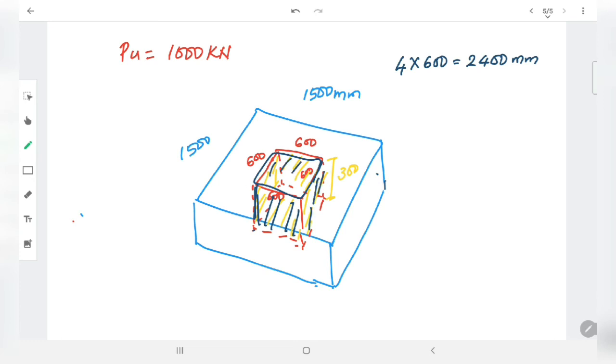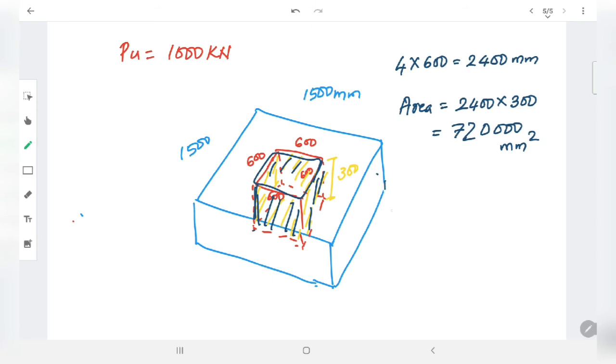So it's like when you cut a cake exactly at the center and you remove the face, whatever the surface of the cake is there, that becomes the area under punching shear. Here the area under punching shear is equal to 2400 into depth 300 mm. Okay, we'll calculate this. When you calculate the area under punching shear, it will be equal to 720 into 10 to the power of 3 mm square.